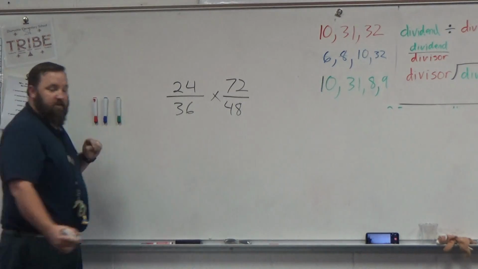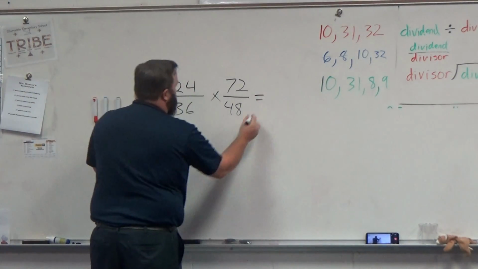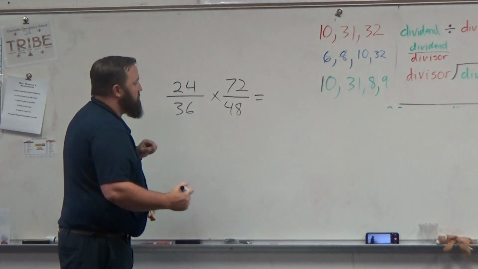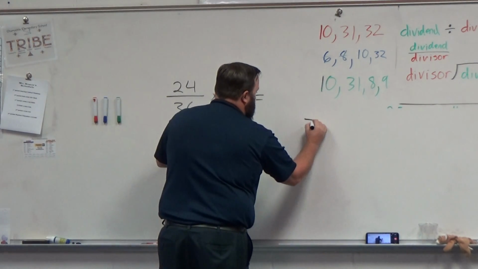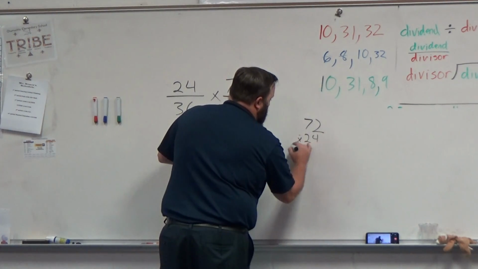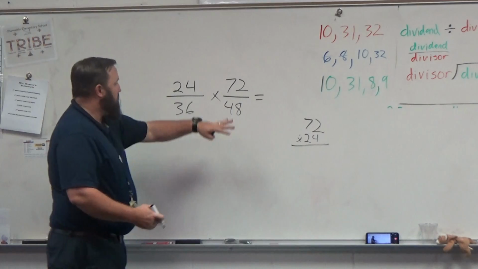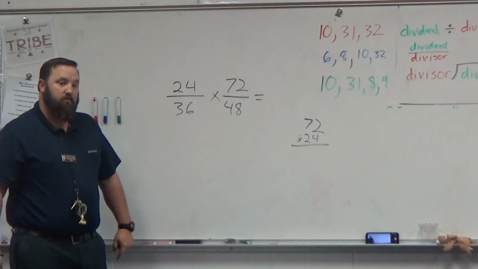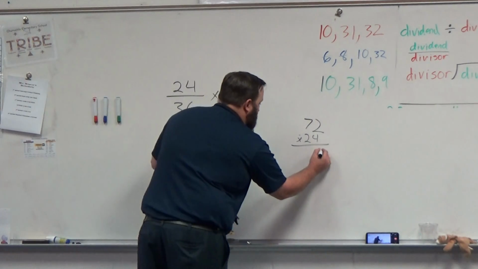Now, if I try to use the standard algorithm of multiplication on this, if I multiply straight across, that means I've got to do 24 times 72. So if I'm going to work that out, okay, 72 times 24, I'm going to have to go through the whole process of doing 24 times 72, and then 36 times 48. Okay, so if I do work that out, that gives me 8